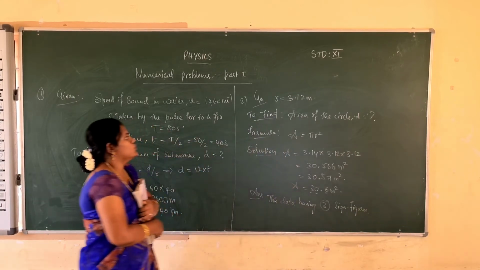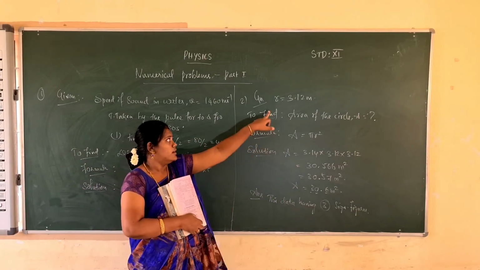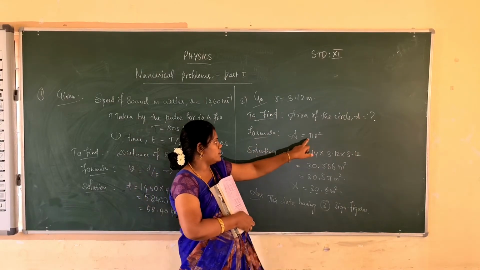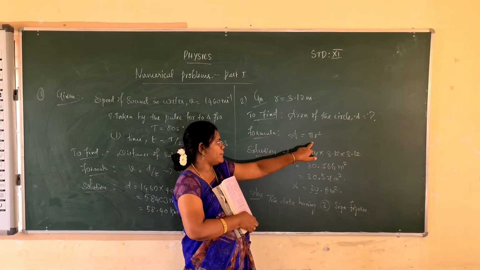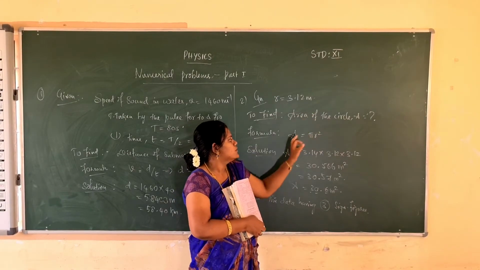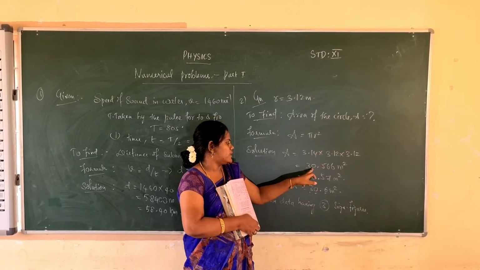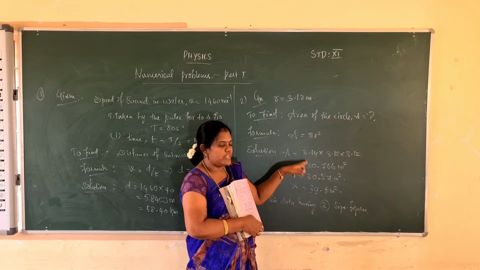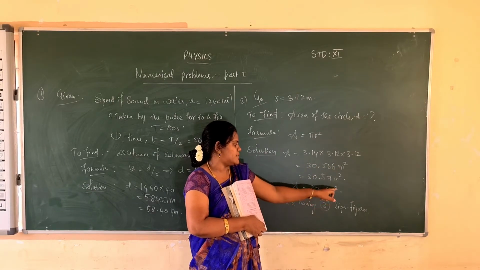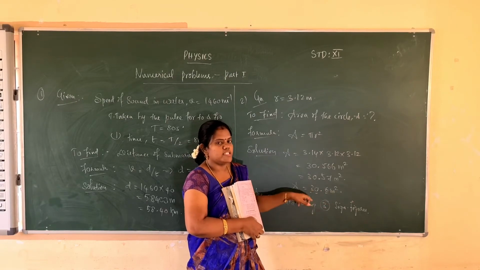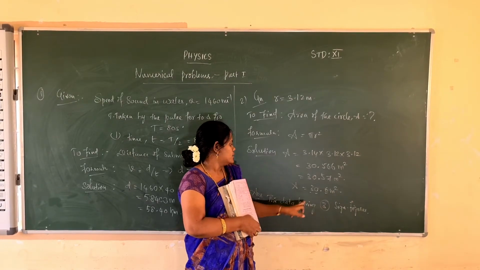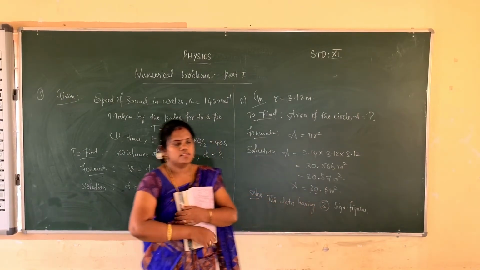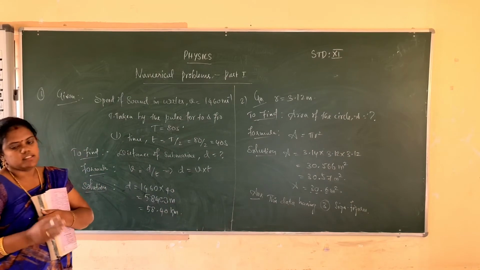So the r value will be given, and you can easily find out the area value. Substitute in this formula 3.14 for pi and r value is 3.12. Multiplying all the values, 30.566 meter square. So we round off that value to 30.6 meter square. So we easily find out the significant figures in this data. The given data has 3 significant figures. Okay, these are the 2 problems in your exercise.